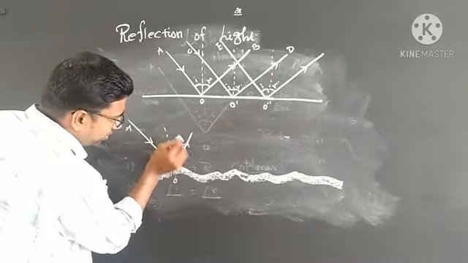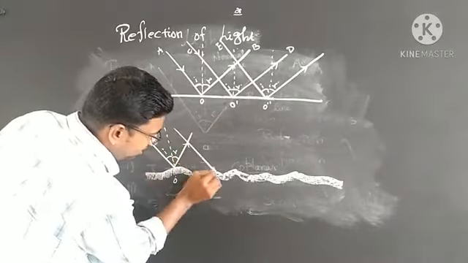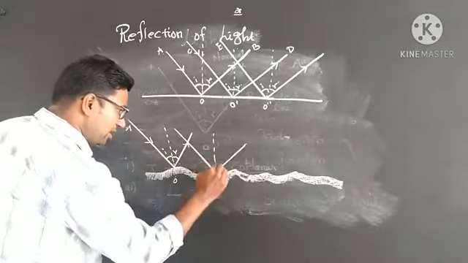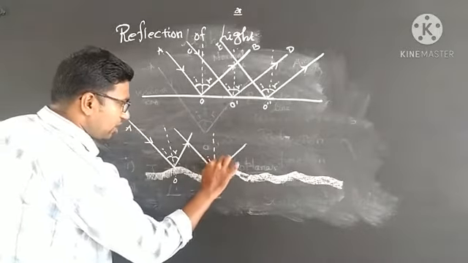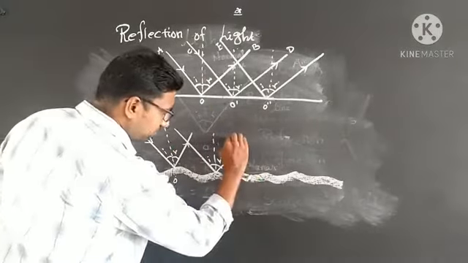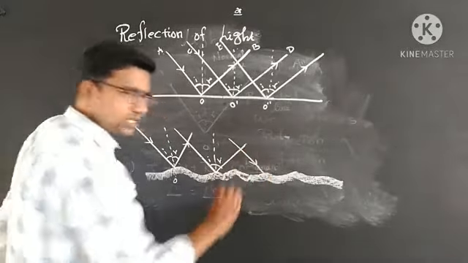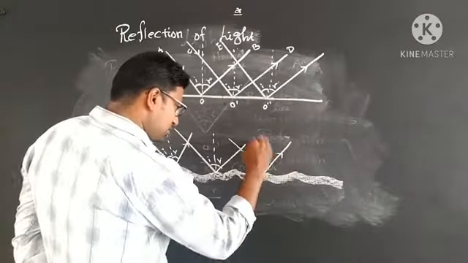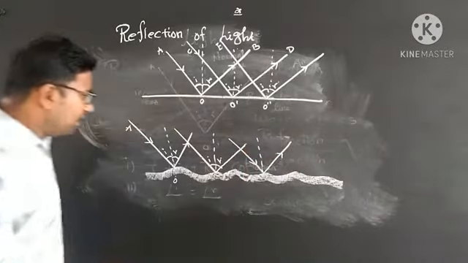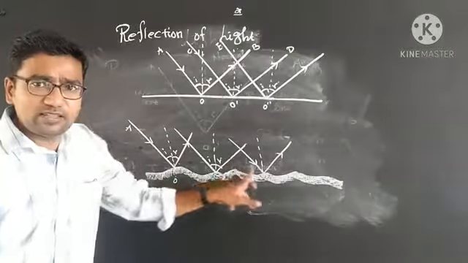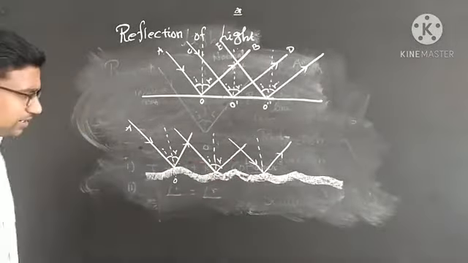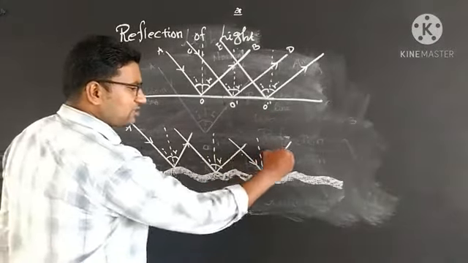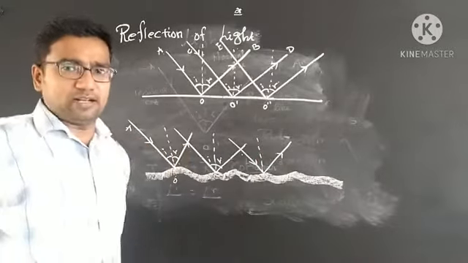Now again I am going to draw an incident ray. It will be emitted at some angle. So I am going to draw the normal line. I and then R. And then here I am going to draw another incident ray, and it will emerge from the reflector. So the incident rays are not parallel because it is a curved reflector. All the reflected rays are not in the form of equal parallel sides,